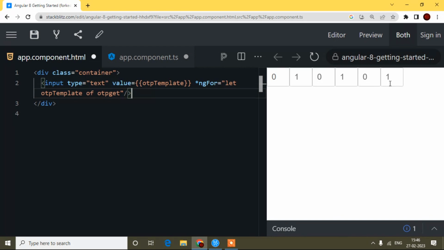You can use the subscribe method. So without reloading the page you can do that using the subscribe method. If you don't have an idea about the subscribe method, you can check my tutorial. All the things I already uploaded in Angular, so you can simply go to my channel and check the Angular playlist, and you can learn from basic to advanced.